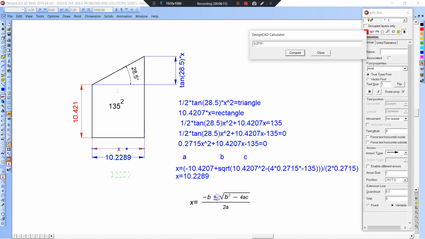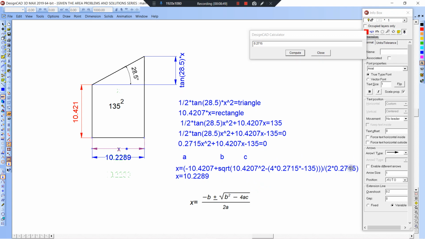But just to mention, this is a plus or minus if you're not familiar with it. You solve it twice for where a parabola intersects the x axis, and it'll do it in 2 locations. So negative b, so this is b right here, 10.421. So negative 10.421 and plus, or the square root of,